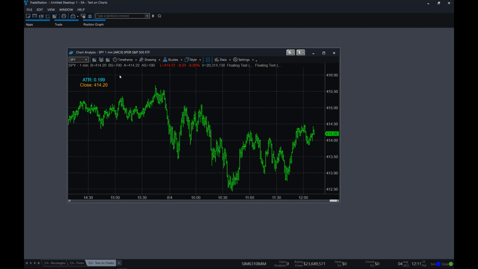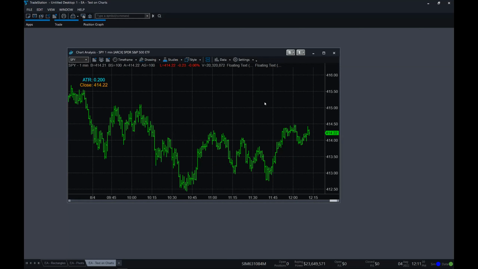As new bars form, it doesn't start shifting to the left, which is the problem we're having with the rectangle. So there are a couple ways we could do the rectangle. One of which is to do it with XY points, where it would just stay in this location even as new bars form, just like this text does. Or we can move it along as new bars form.